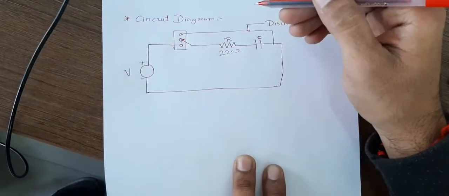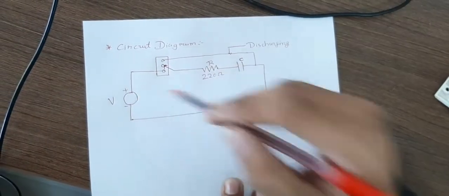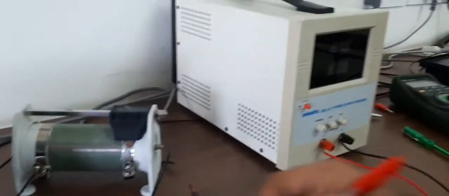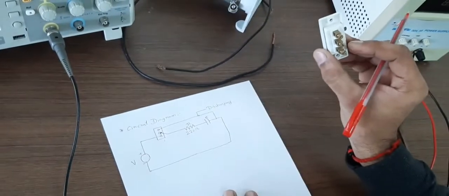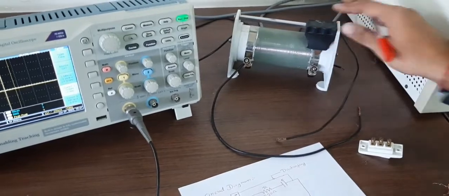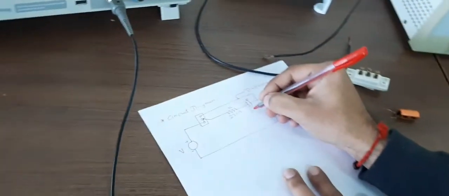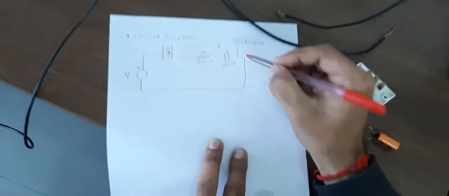Good morning everyone. This is the circuit diagram for transient analysis in a series RC circuit. This is the DC voltage source, and here we'll have the one DC source. As shown in the circuit diagram, this is the two-way switch, and we'll have the same two-way switch over here. It has three terminals. We'll use one 220 ohm rheostat. So this is the resistance of 220 ohm, and this is the capacitor, and the capacitor's value is 1000 microfarad. First of all, we will connect this circuit as per the circuit diagram.